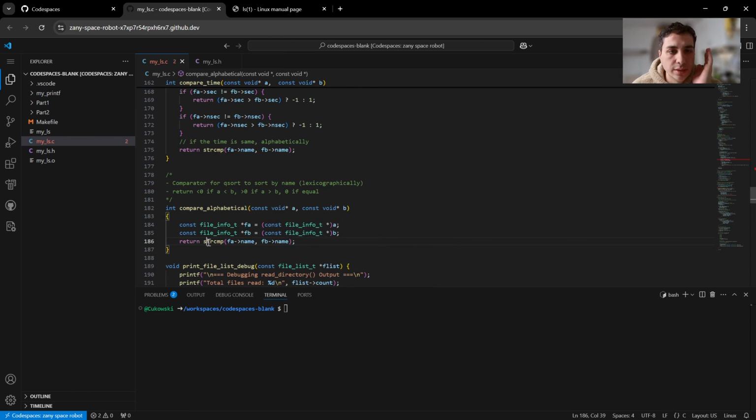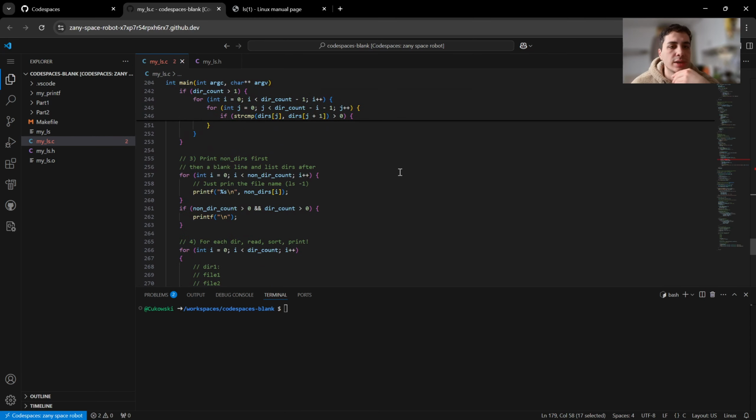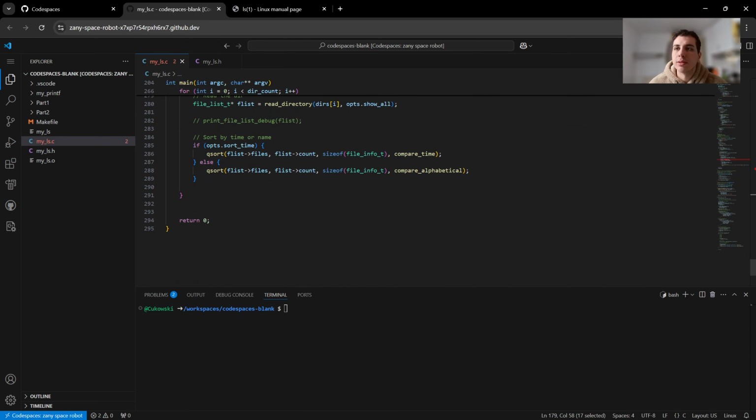Basically, we will compare with strcmp, and same as strcmp, we will return less than 0 or larger than 0 or equal depending on the lexicographical order of the names. I hate trying to pronounce these names. And okay, these were our qsorts, and then we have